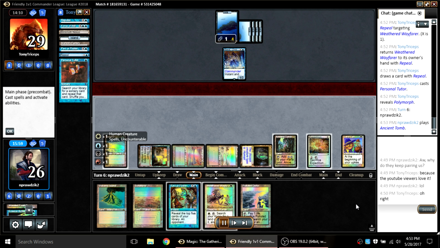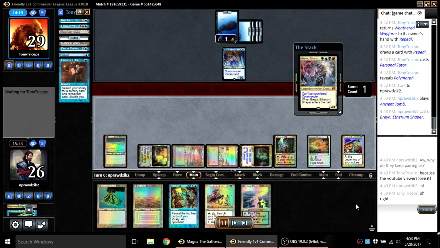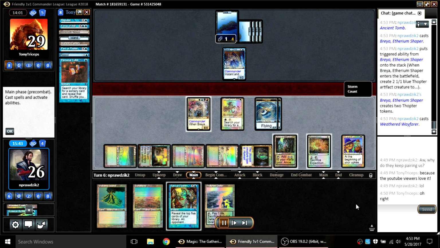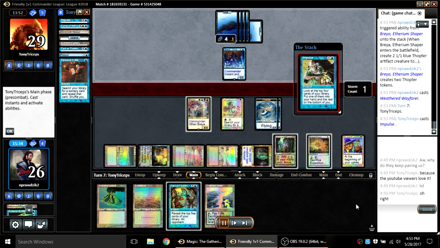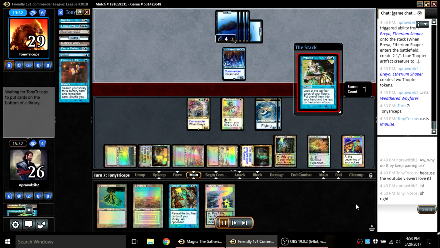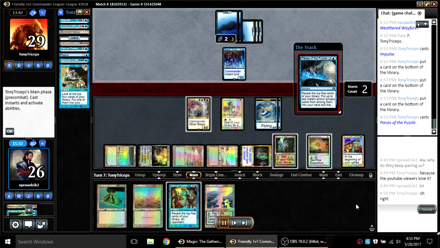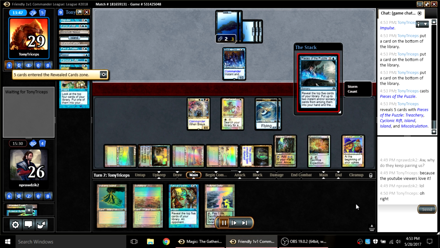It's the only thing that makes sense here. Yeah. And we're going to cast Breya. And it's going to be very difficult. And here's the cool thing about having that. And I might as well cast the Weathered Wayfarer since I have no use for the mana. So the cool thing about the Expedition Map, besides what it does and the fact that it's really, really good against control,